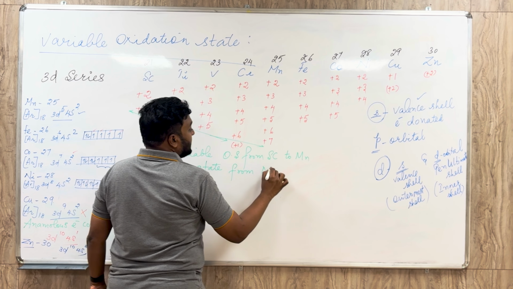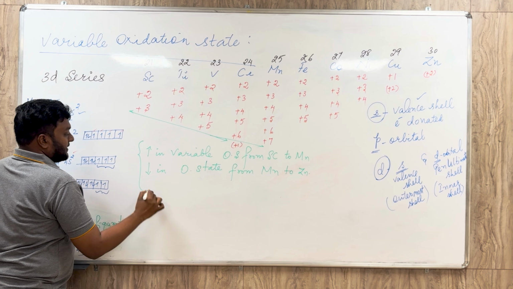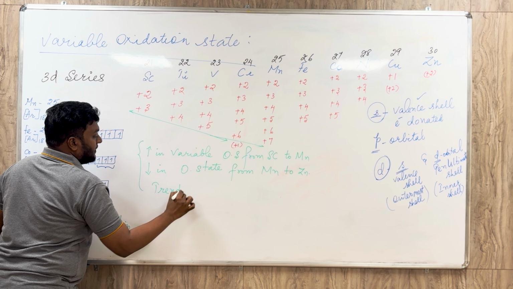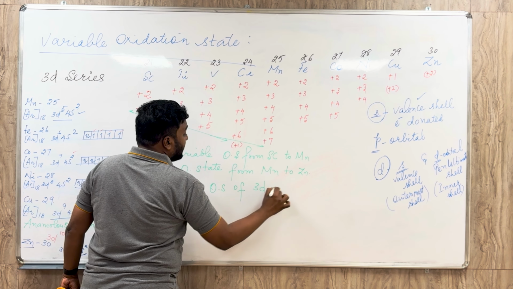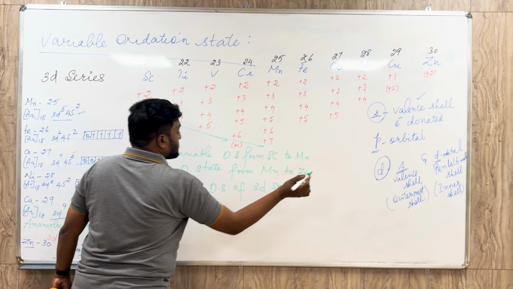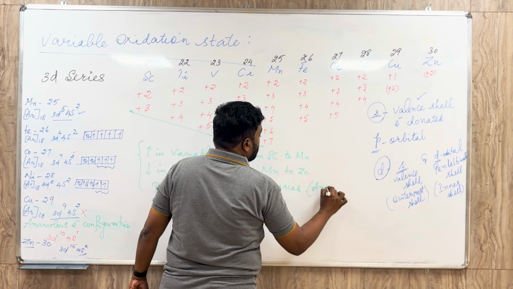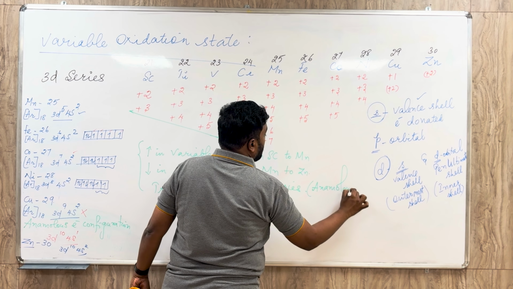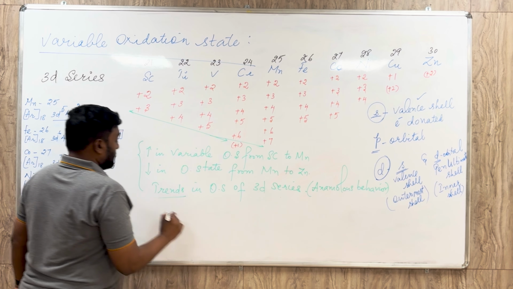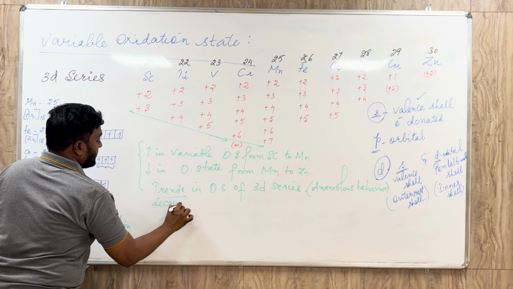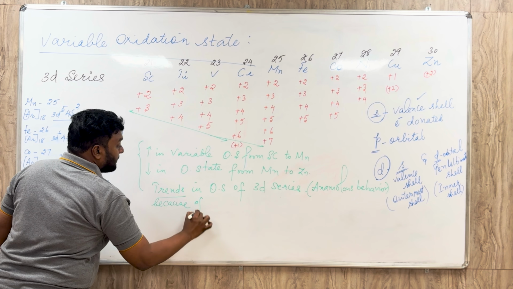from manganese to zinc. This is called as trends in oxidation states of 3D series. This is called as a trend, or otherwise we can call it as anomalous behavior. You can call it as anomalous behavior. Why such behavior is happening? Why such anomalous behavior? Why variable oxidation states? Because of